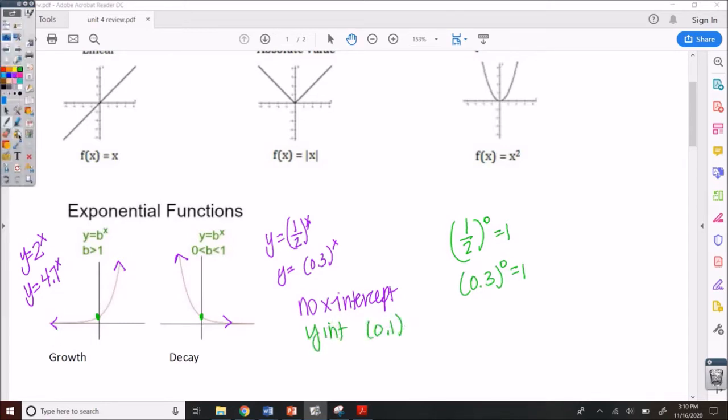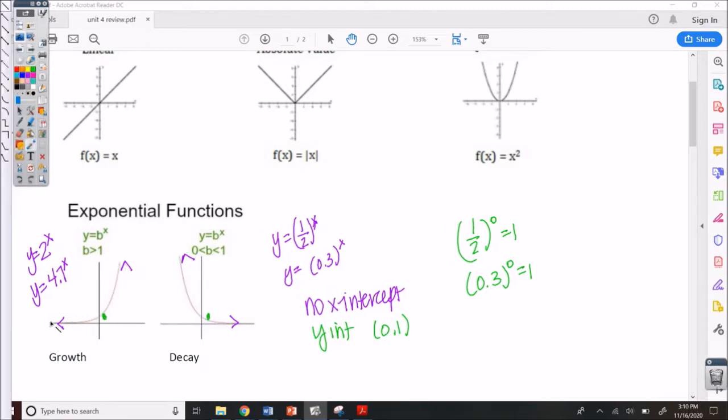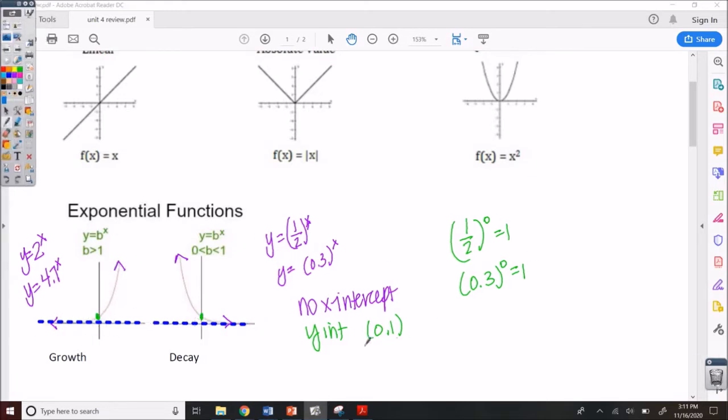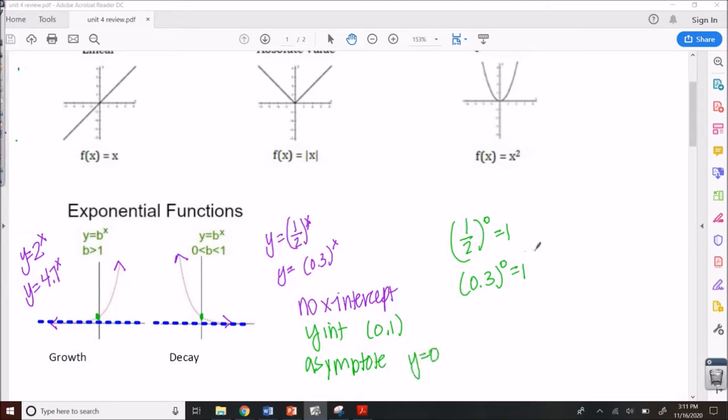Our asymptote is this dotted line that I'm going to draw in here that my graph never touches and never crosses on an exponential function. So our line just kind of curves down and gets close to this asymptote. That's at y equals 0 for the parent function. Just like all my other functions,